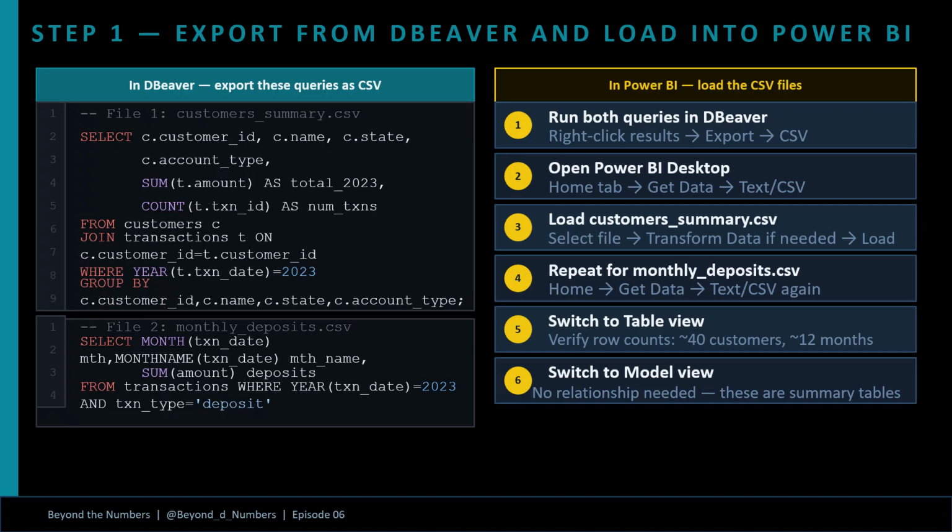Step 1 is getting your data in. If you look at the slide, on the left side of the slide, we have 2 SQL queries. Run both in DBeaver and export as CSV. Query 1, customer summary. This joins customers to transactions, filters for 2023, and gives you each customer's name, state, account